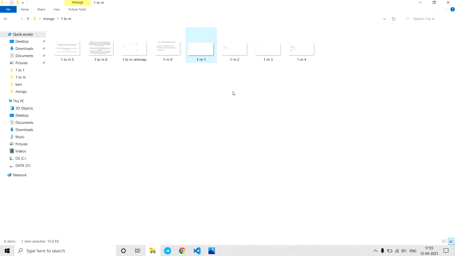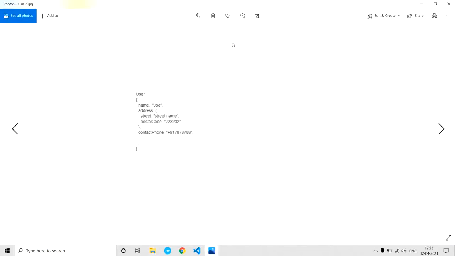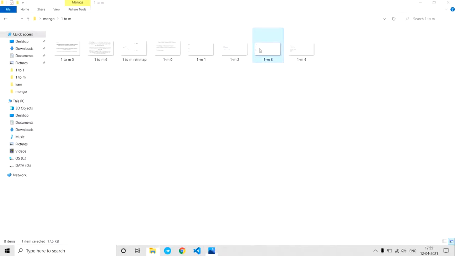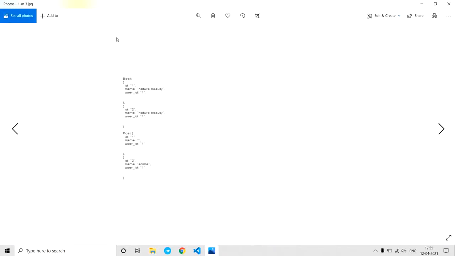So in that case, the user collection will have basic information like this. Okay, and our books and posts collections will look like this. Each document in a book collection will store a user ID. So here there are two books which are owned by the same user.